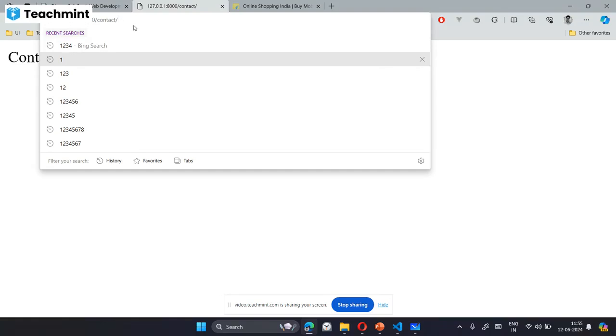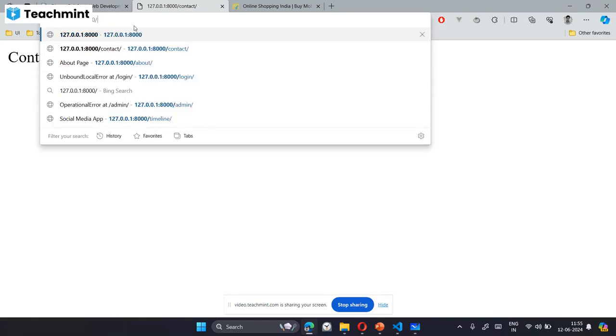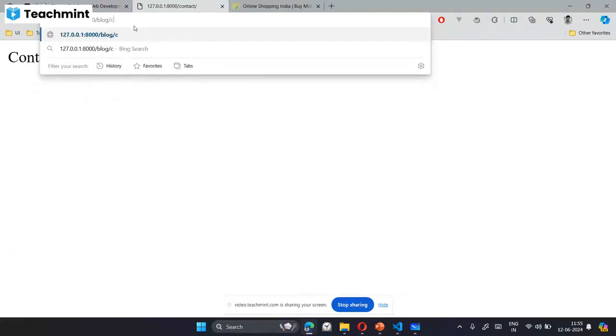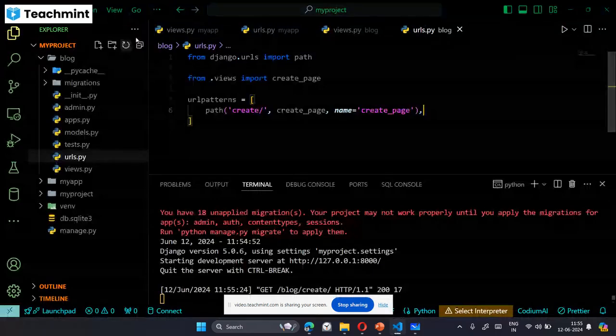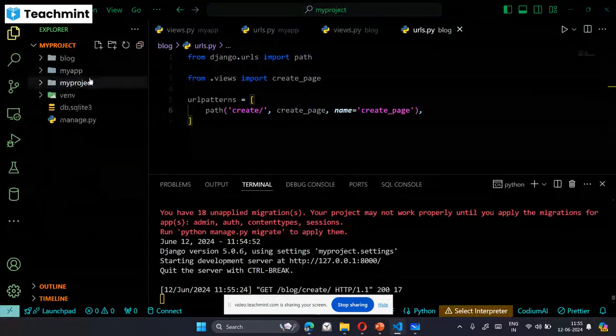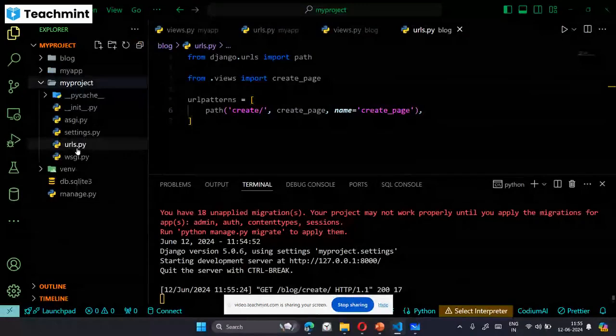Okay, so the path will be blog slash create slash. Okay, so you'll get the create page. That is because in our settings URLs, in my project urls file, I have given